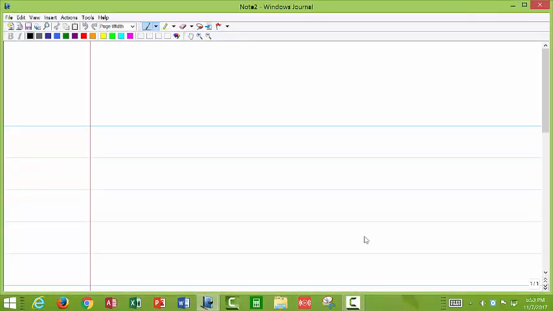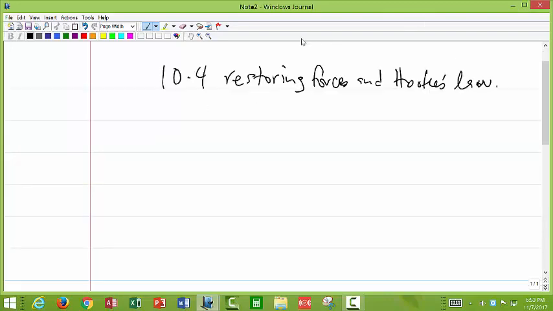So in my textbook, this is 10 for restoring forces and Hooke's law. Whenever we work with any kind of spring, the spring follows a certain particular law. Springs are elastic materials, and there are a lot of elastic materials around us. Some of them are more elastic than others, so we can see the level of elasticity because they compress or